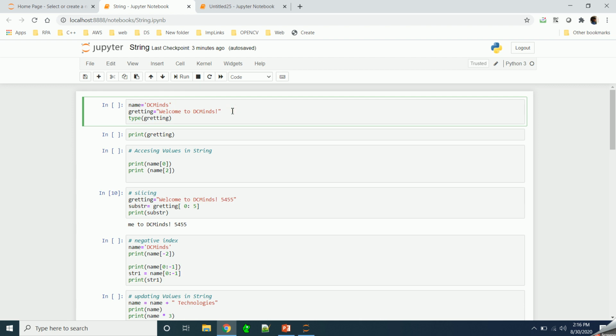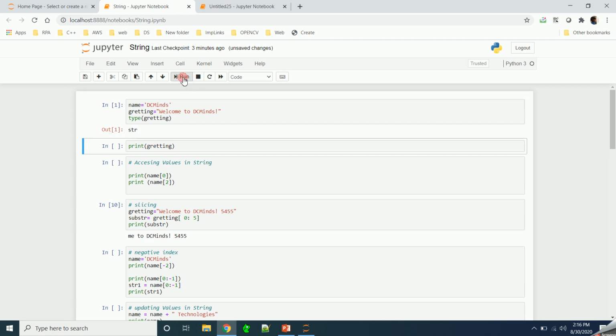If you run this, it is giving you the type of this greeting as str. Now if you give the type of this name, it should again give str because it is a string variable. And you can also give numbers; any character, any numbers inside a string, it will take. If you run this, still it is giving the type as string. In this case also it should give type as str.